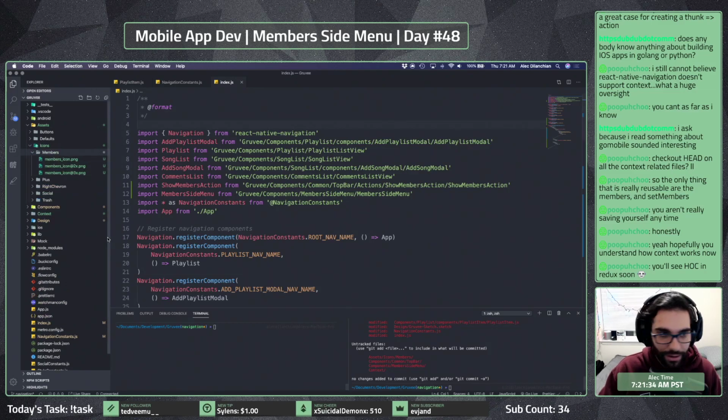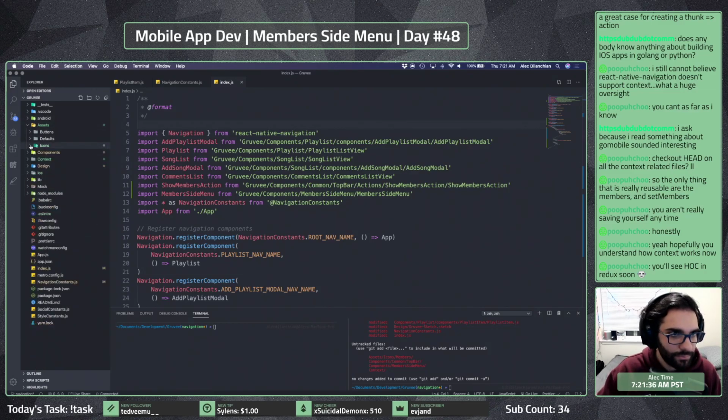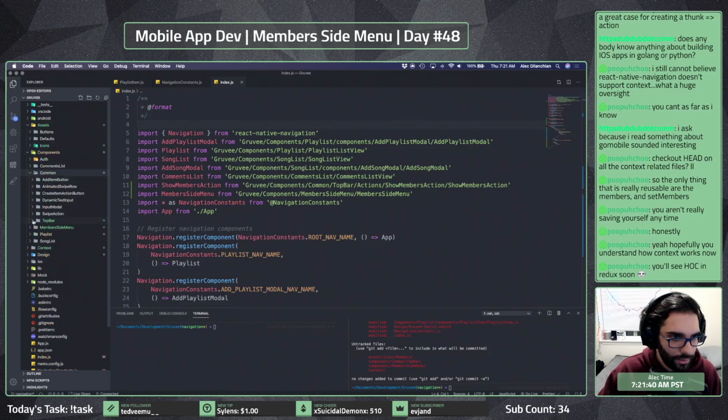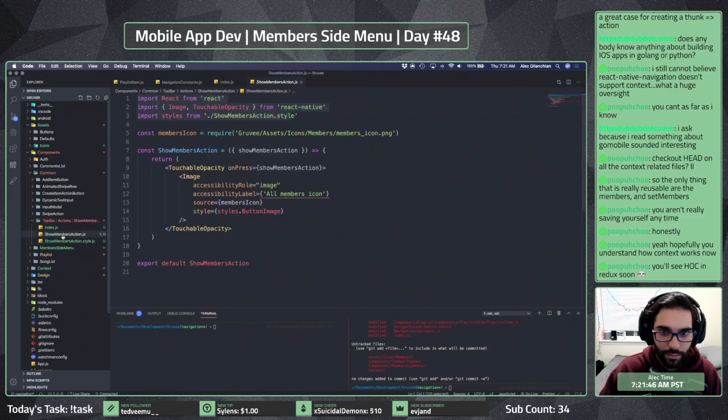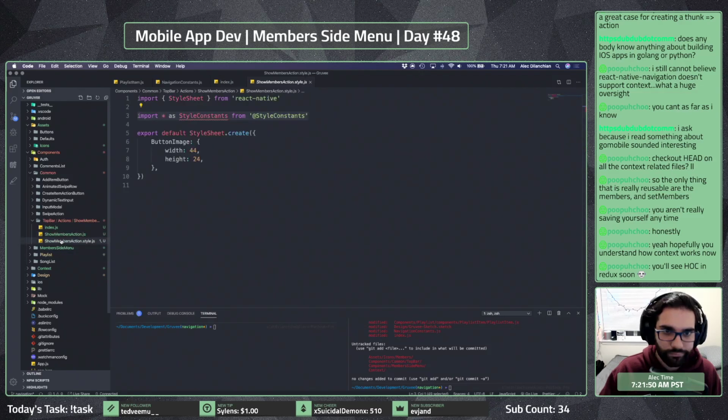Members, okay. And then common top bar. Yeah, pretty simple. And then context, we can remove that.